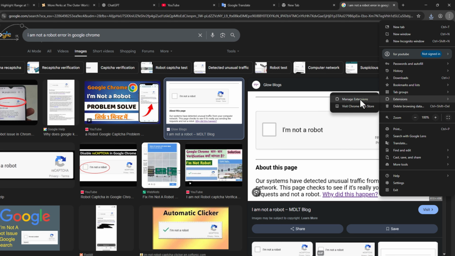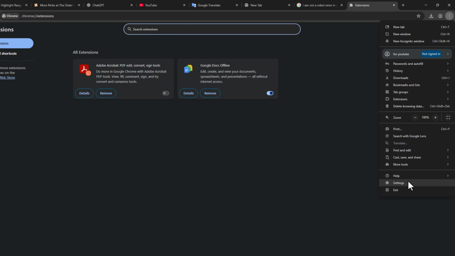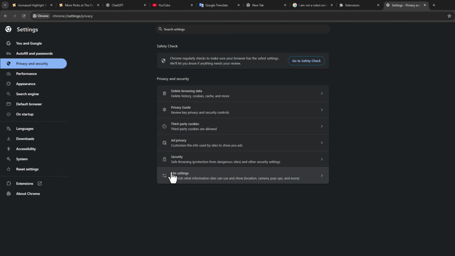extensions and select manage extensions. You just need to turn off every extension listed over here, and then you just need to click on the three dot icon and select settings and go to privacy and security and select